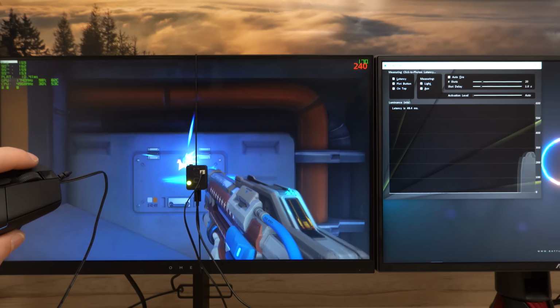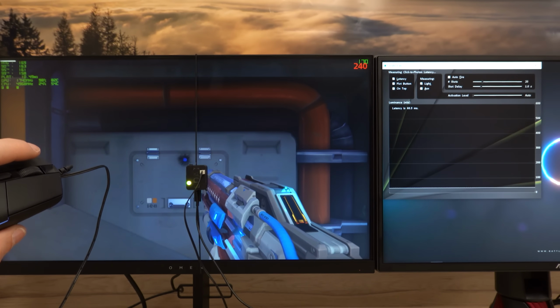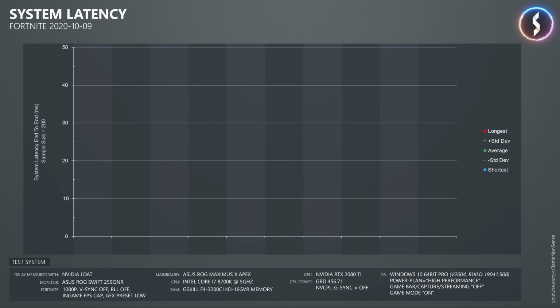So in today's video, which was kindly sponsored by NVIDIA, I use Fortnite to show you how the frame rate and the refresh rate of your monitor not only affect how responsive a game feels, but also how stable and predictable that response to your input is. All tests were done at 1080p with the low graphics preset, VSync and G-Sync were disabled, the in-game frame rate limiter was used to lock the frame rate at a specific value, and the Reflex low latency mode was disabled as the system was never GPU bound in any of the tests.